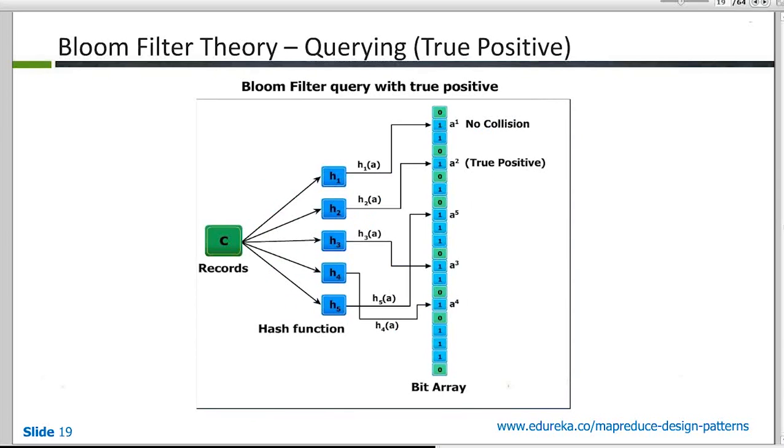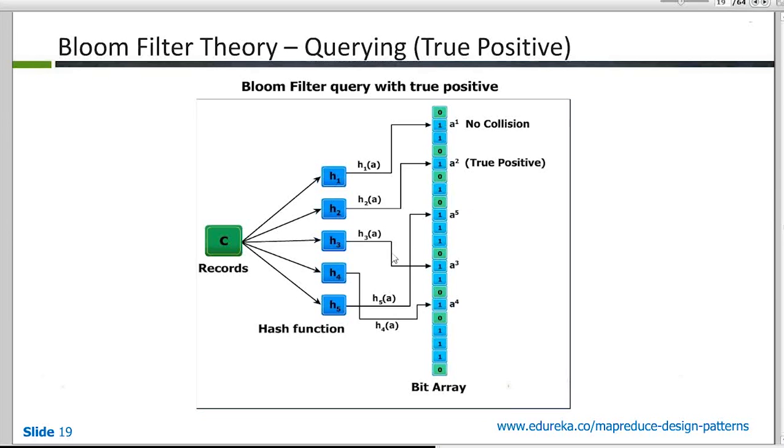Let's see. The previous slide showed you how we train a BloomFilter. In the previous slide we trained the BloomFilter with 3 different objects, A, B, and C, and that's how the bits were set. Now we are on our next slide where we are doing a query into the BloomFilter. As you can see, record C was inserted. If you remember from the last slide, it was inserted. So when we query into this BloomFilter,